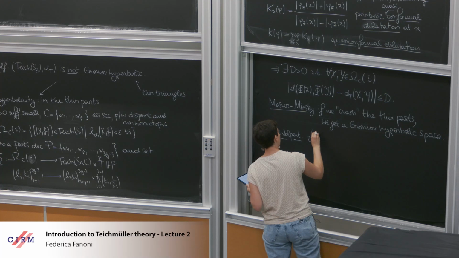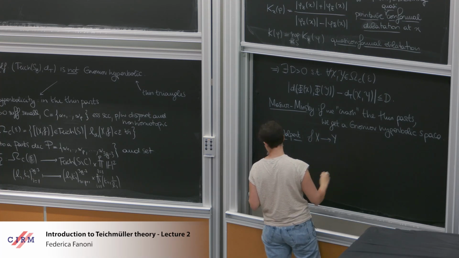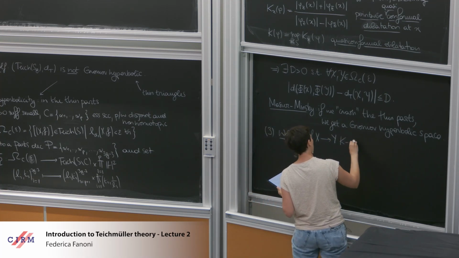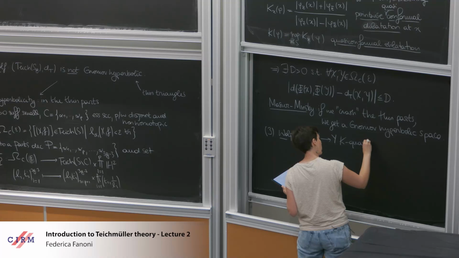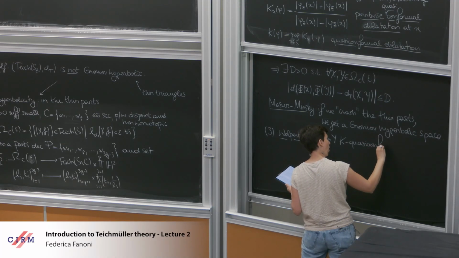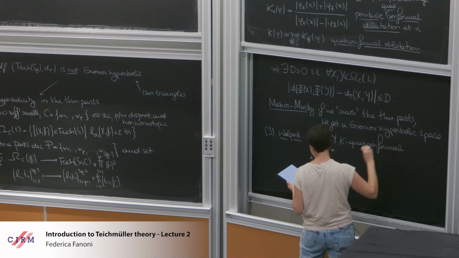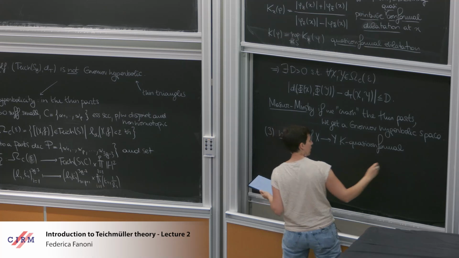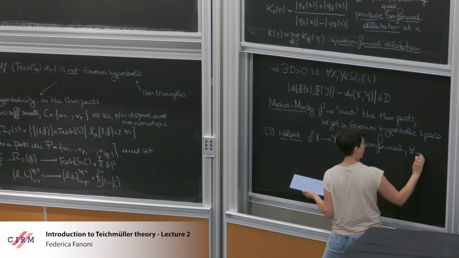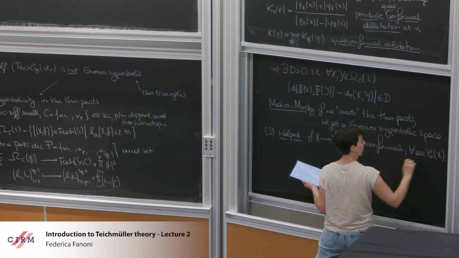So if I have a map which is K quasi-conformal between two hyperbolic surfaces, and I pick a curve on X,